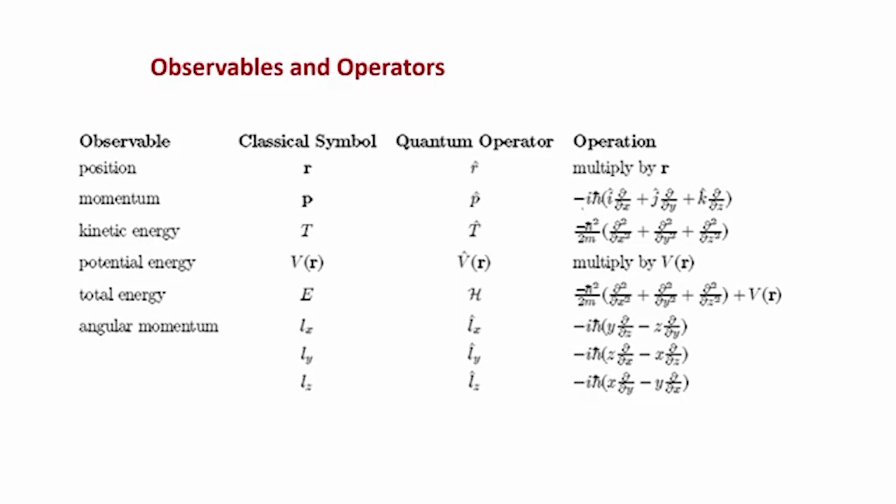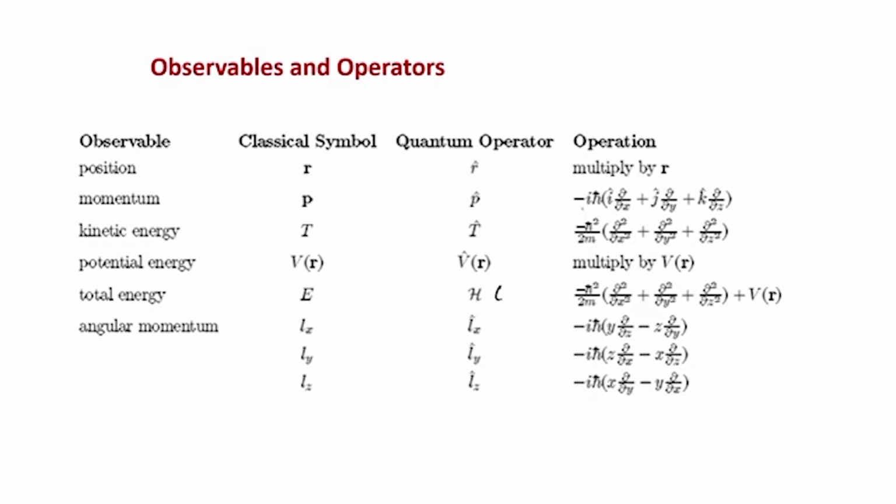It has no fixed form. If it is for a particular problem, for example the linear harmonic oscillator, this has a form half m omega square r square. It just simply multiplies this half m omega square r square with the wave function and so on. The total energy in the time independent case is given by the symbol H,